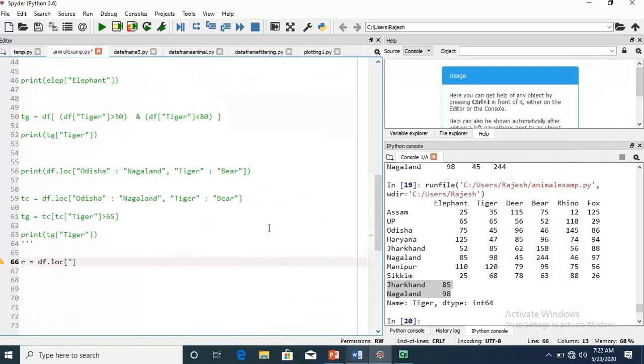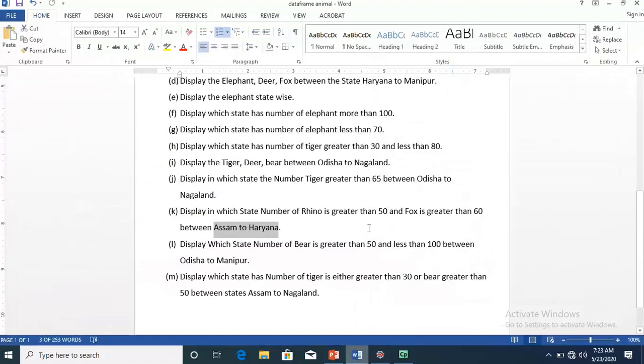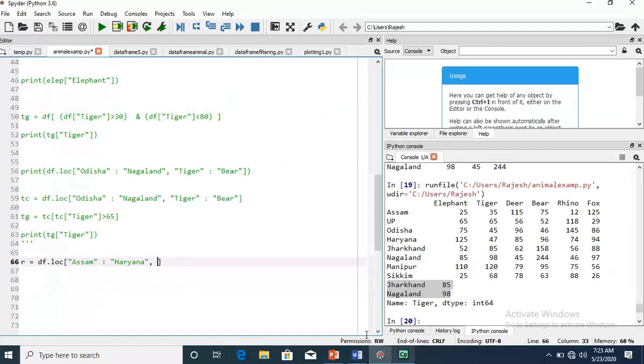This is Assam, then colon, then Haryana. Then the column index is which animals we require. The animals we require are rhino and fox. So then here we will use rhino, then fox. This is okay. Let me print R.